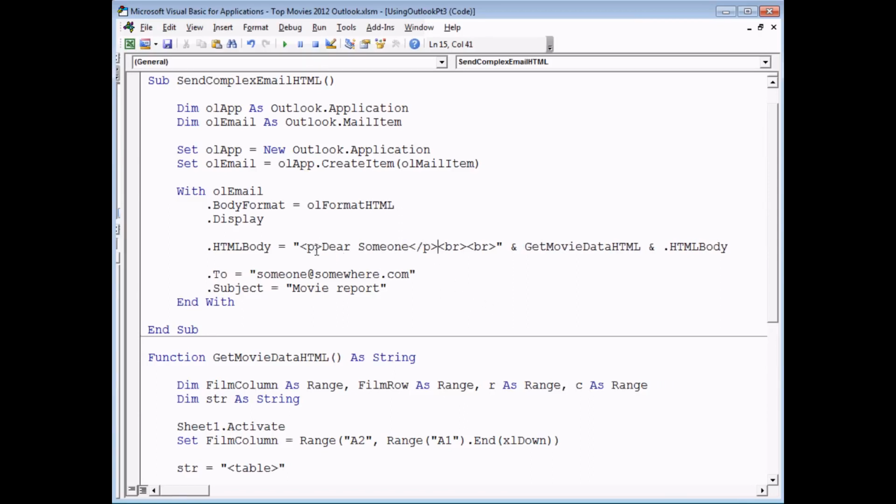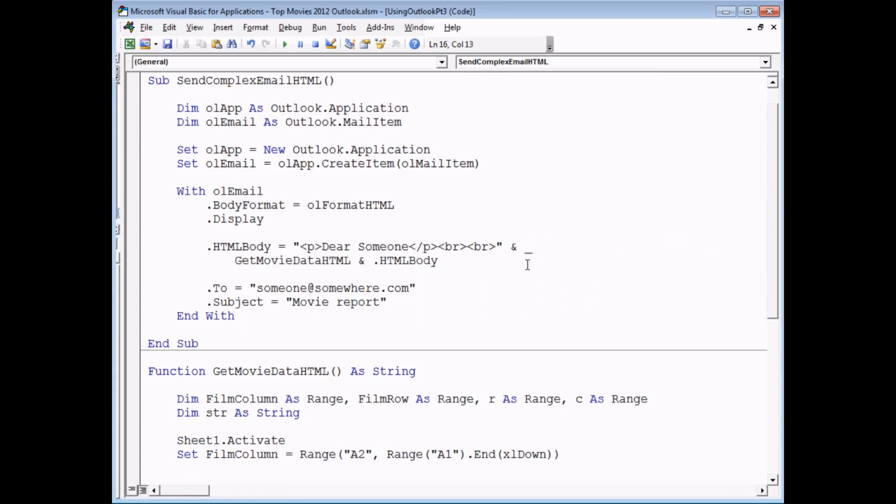Now within there I'd like to apply the style attribute, and because this is going to make the rest of the code run off the line, I'm going to use the line continuation characters. So I'm going to say ampersand space underscore, then that allows me to carry on typing that line of text on multiple lines. So in this paragraph tag that I've opened, I'm going to put in the style attribute, so p style equals. Now if you remember from the basic plain text document that I was showing you just there, after you have the style attribute, you need to enclose the rest of the properties inside a set of